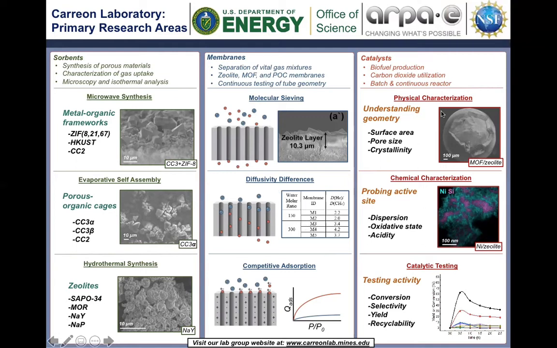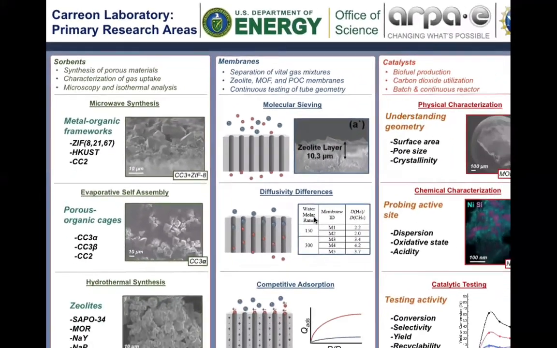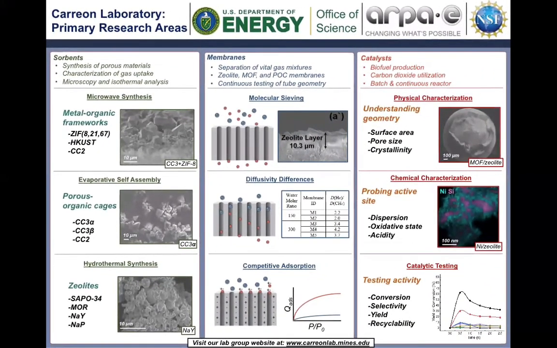So what we're starting out with here is just the three pillars of our lab. Our lab group is focused on three key areas. One is synthesis of solid materials. Two is the application of those materials to potential membrane separations. And three is application of those materials to heterogeneous catalysis. So walking through these three pillars one at a time, starting out with the porous materials we refer to as